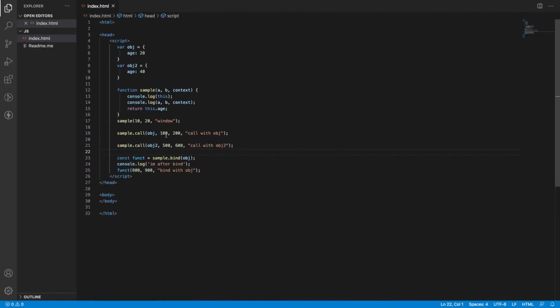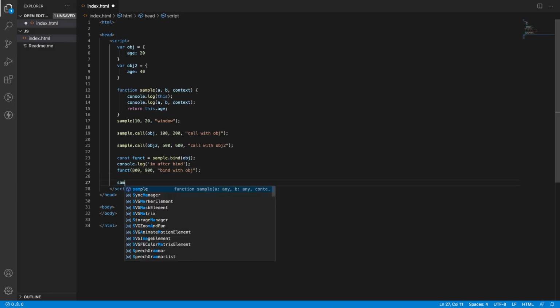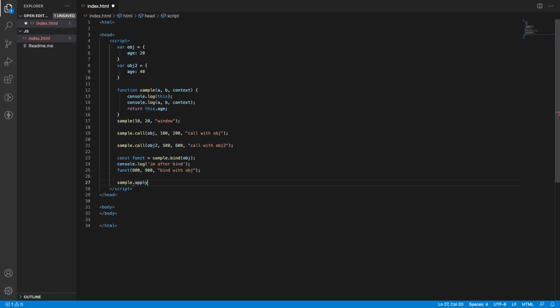If you see here, we are passing a large number of parameters by using comma separators, whereas by using apply, you can pass n number of parameters inside an array. For example, sample dot apply of the context, let me take obj, and you can pass an array. However many parameters that function needs can be passed inside the array.